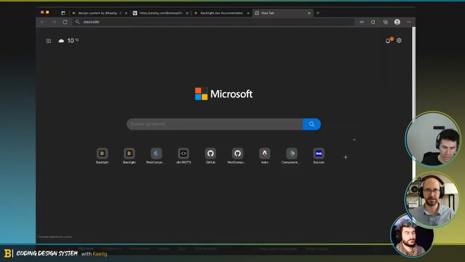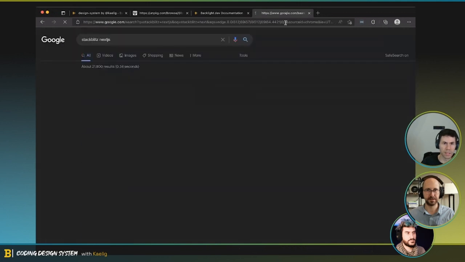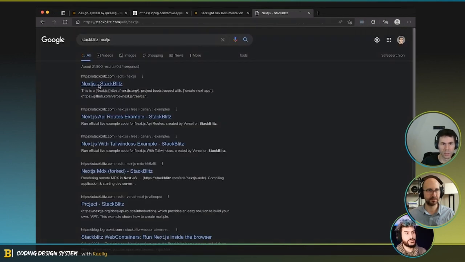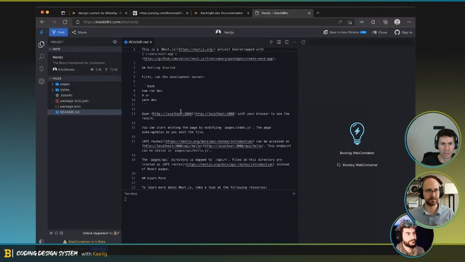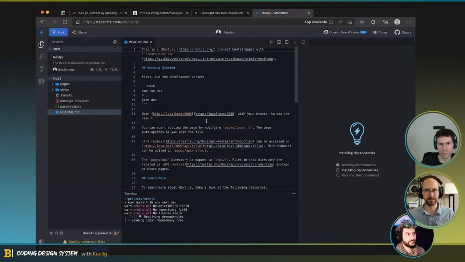So we can do StackBlitz and Next. This is a Next.js application. We want to do dev.new, which is what we're working with. This is the new WebContainer stuff. We should have a Next application in no time.